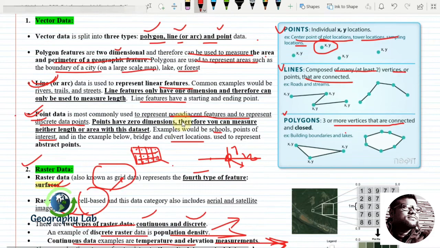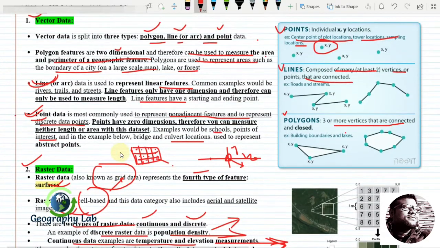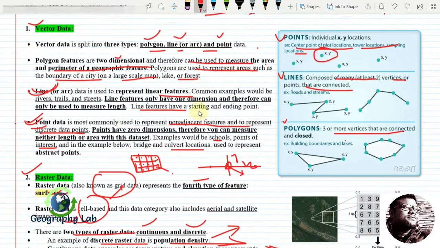So whenever we generate some kind of vector data, or maybe raster data, it should have an associated attribute table or non-spatial information.